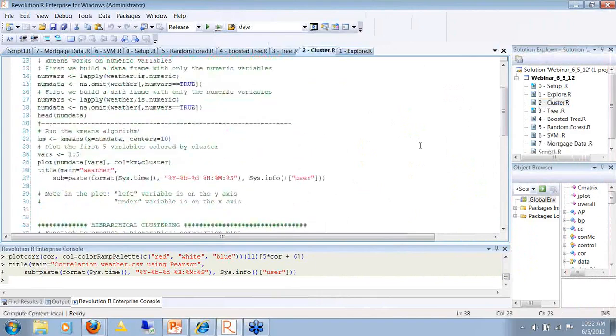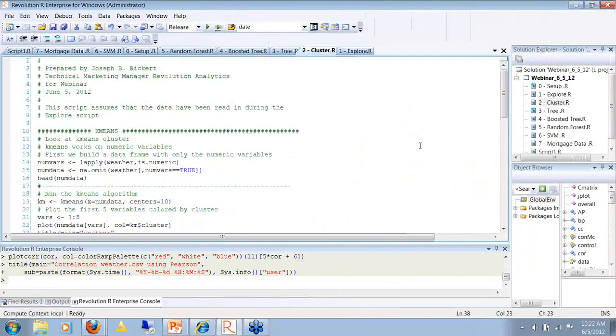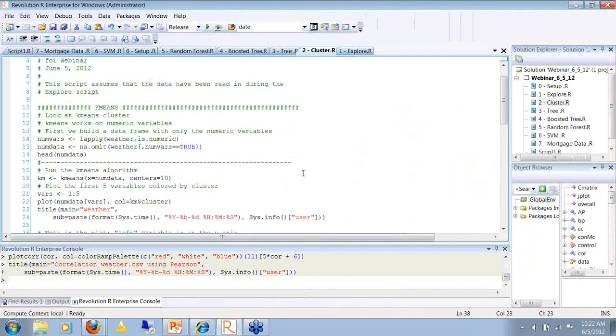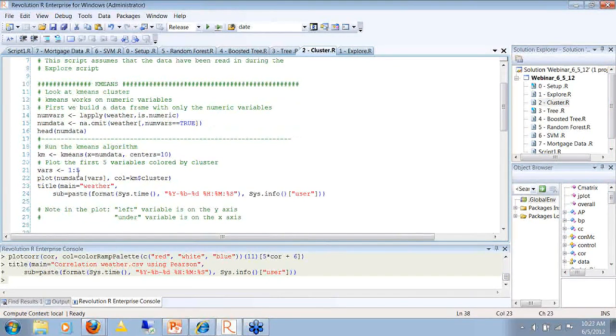Okay, now let's move into a clustering algorithm. The first thing I'm going to do is look at the k-means algorithm. And here you see the k-means function. It's going to work on a data set that has all of the variables that are not numeric removed. So here's my lapply function again, and I'm going to apply that to the weather data set.